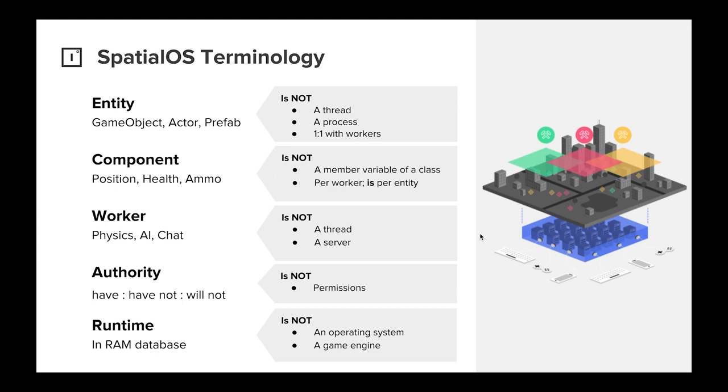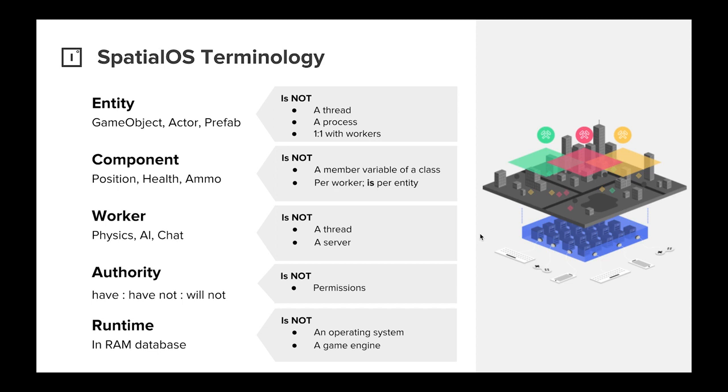Next, authority. SpatialOS uses an authority paradigm. It's very similar to a client-server architecture. The only difference with SpatialOS is that now you're not the only server in town. You're not the only game engine simulating your part of the world. You may lose authority at runtime because SpatialOS has stitched the world together. Authority is one of the head-spinning things that you have to get your head around first.